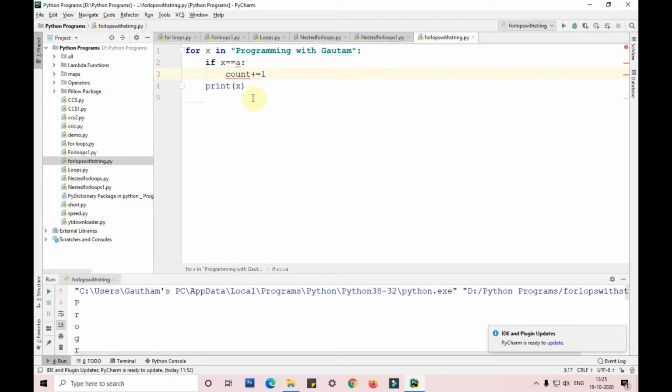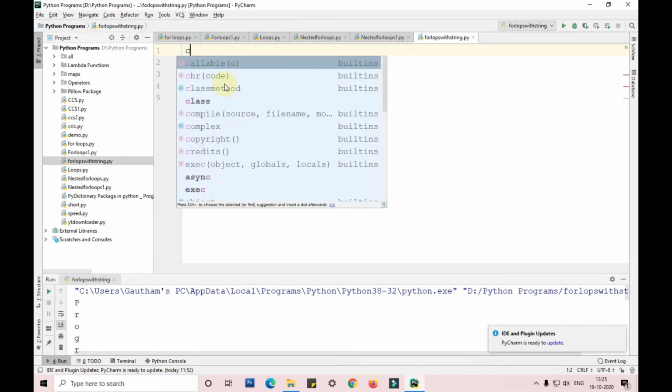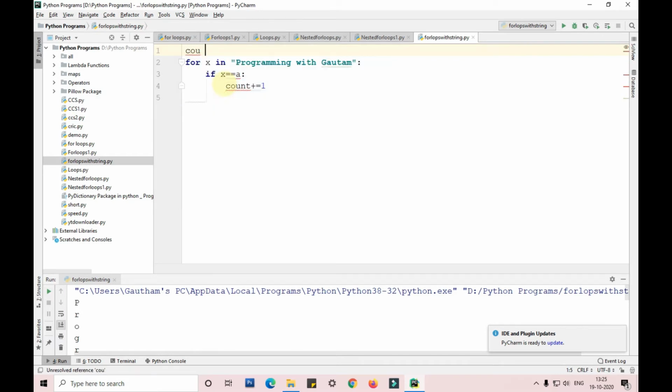So what I'm doing here is counting 'a' in this particular string, programming with Gautam, and I'm increasing the count every time. Before increasing the count, let me take count as 0 here. Count equals 0. And this 'a' should be in single quotes or double quotes, guys, since it's a string.